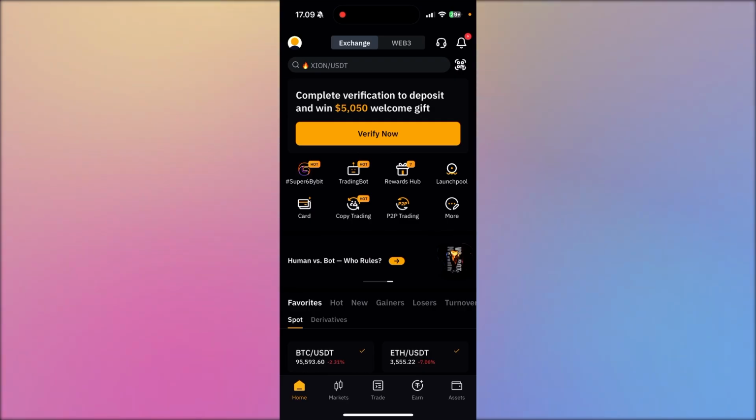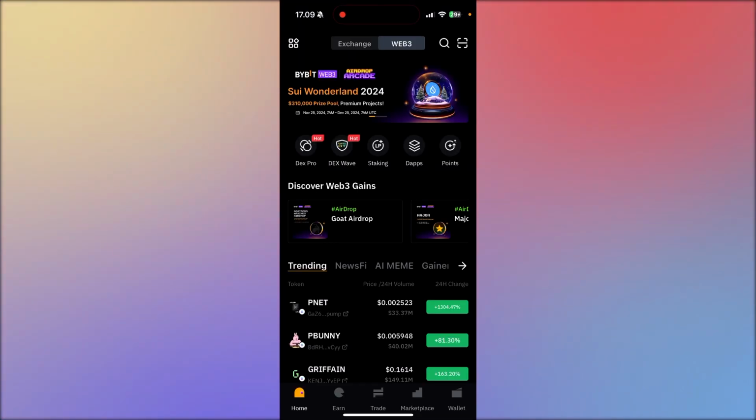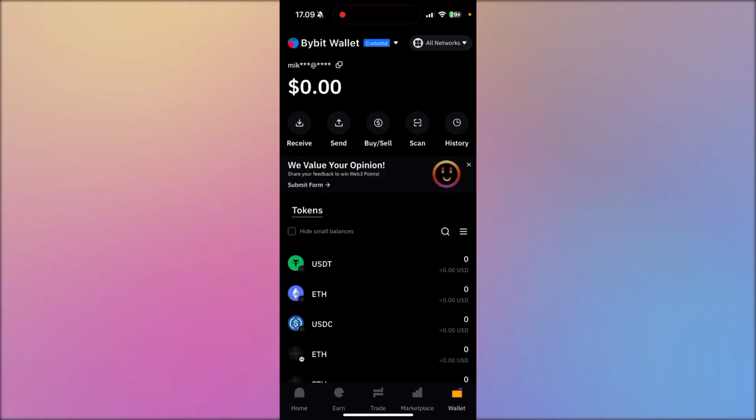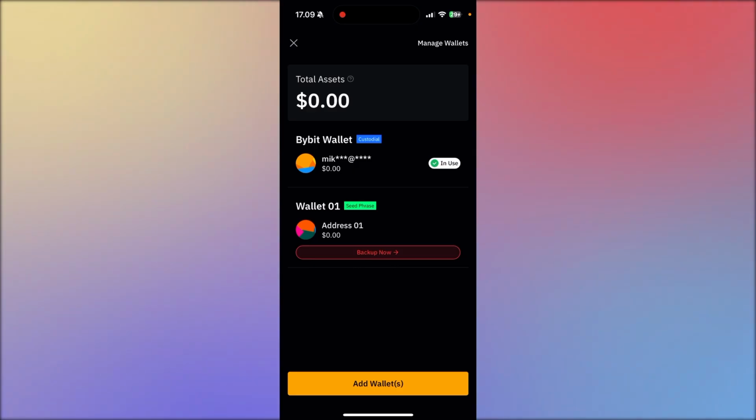Then from here, you need to go up to Web3. Then from here, you need to scroll down to your menu bar and down to wallet. Then from here, you see something like this. Then from here, you need to go up to this sub menu up here to where it says wallet and